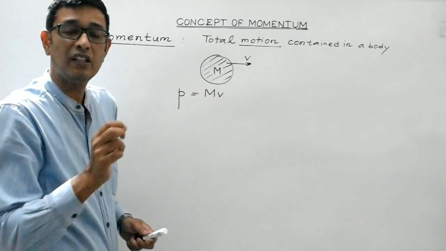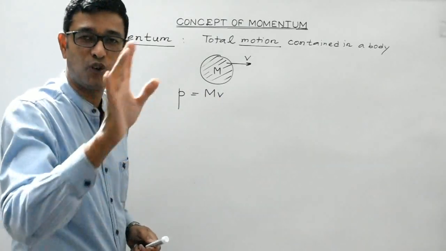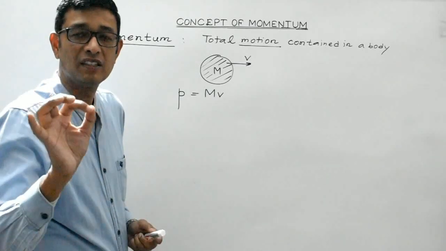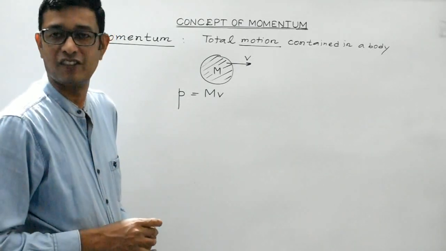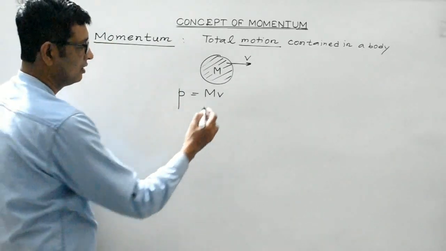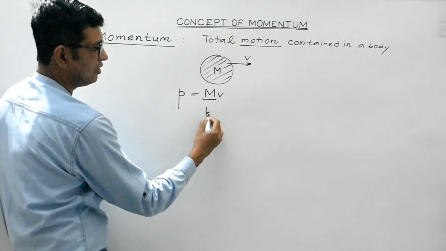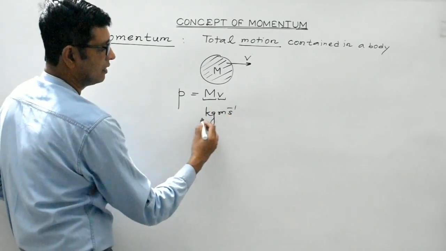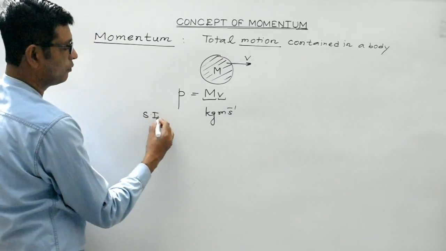So momentum is also a vector quantity having both magnitude as well as direction. Clear students? And regarding its SI unit, the SI unit of mass is kg, while the SI unit of velocity is meter per second. So the SI unit of momentum is